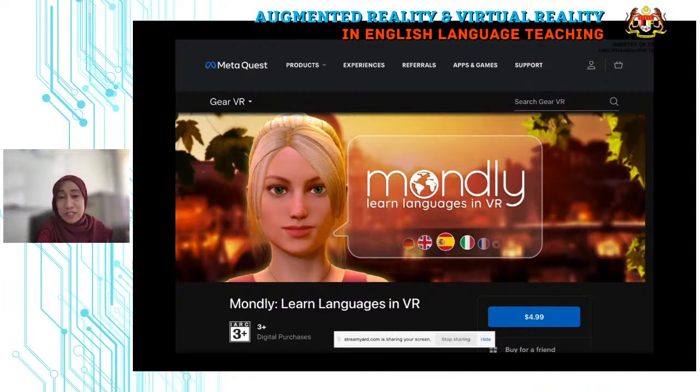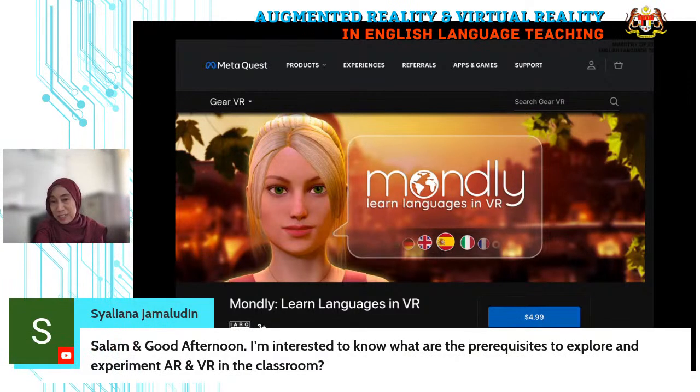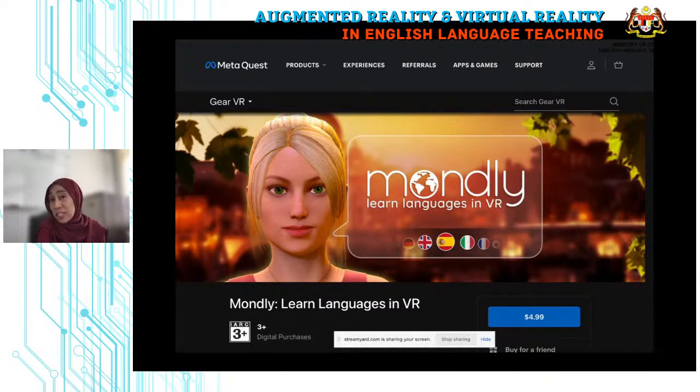You learn languages in VR, in virtual reality. So there's no stress. You have your own avatar. You can create your own character. You are immersed in the world of this Mondly, and then you learn the language without stress. So I would say this is quite cheap. It's 499 USD, I think it's per month. So perhaps if you want to try something new with your learners, teachers can buy one for a specific month, for students to try out together in the classroom. That's very subjective, on the cost and spending money.